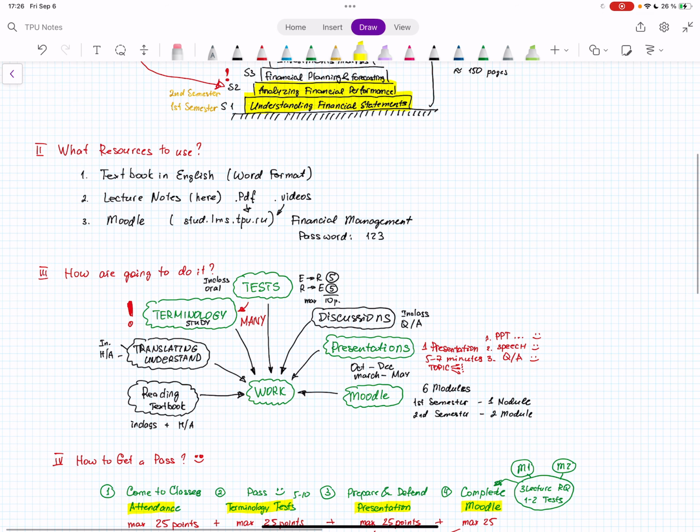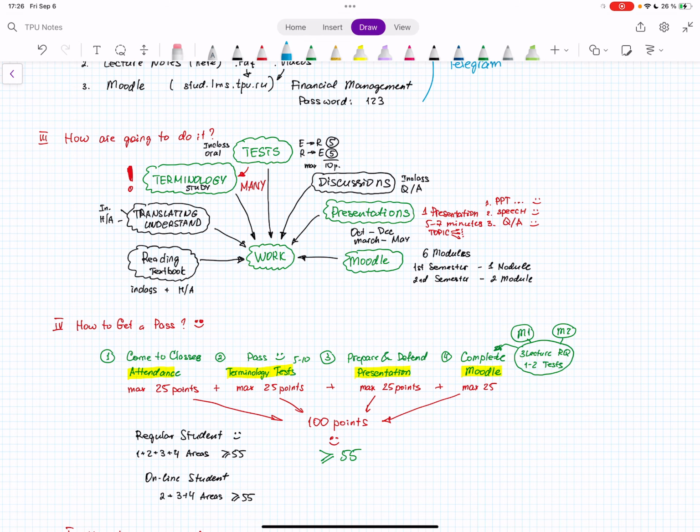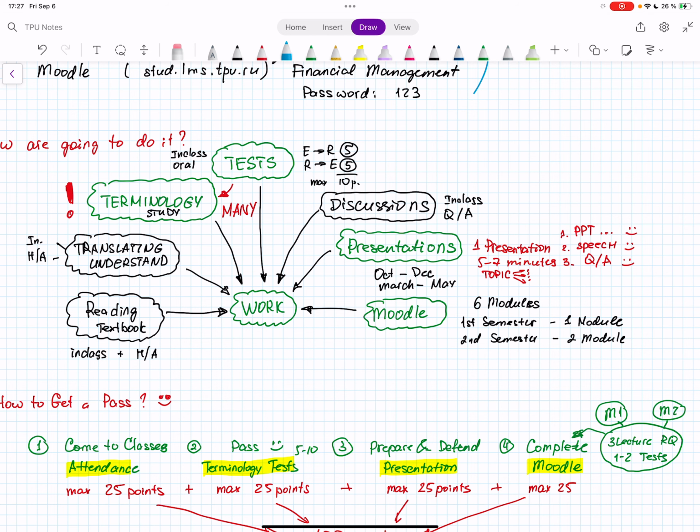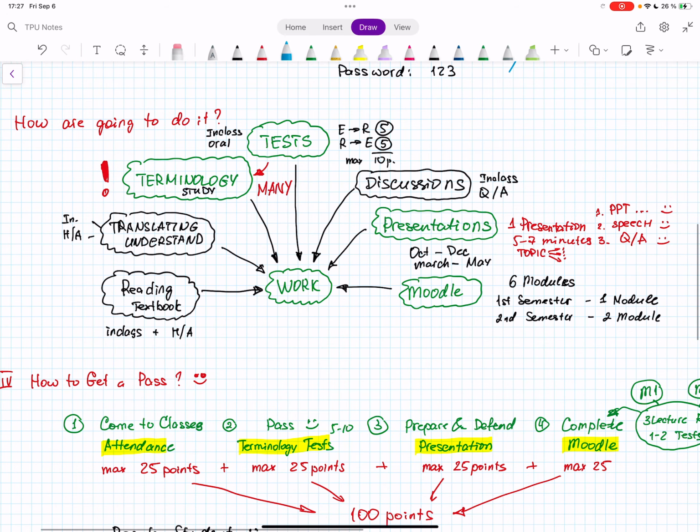By the way, the resources will be found in Telegram, either in the channel, or I can send you the links individually. I gave you a list of activities that we do in class and at home.